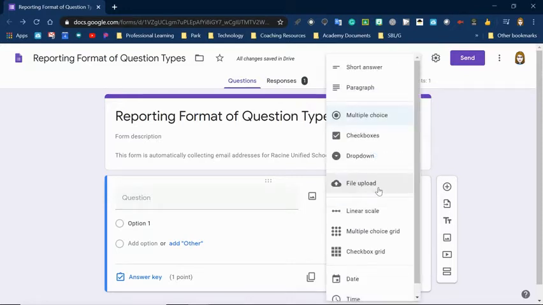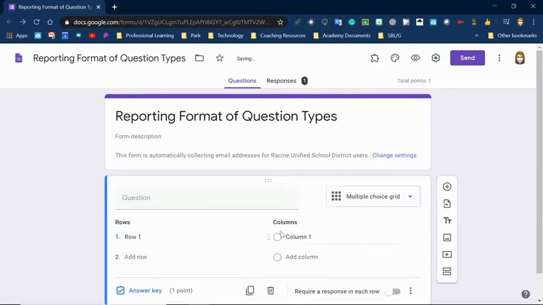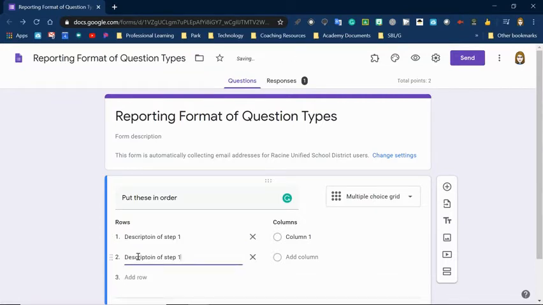What you want is a multiple choice grid, and you're going to have columns and rows. Put your directions up in the question. And then I would use the rows to write out the description of what you want kids to put in order. So this would be description of step 1, description of step 2, and so on. Just for time purposes,